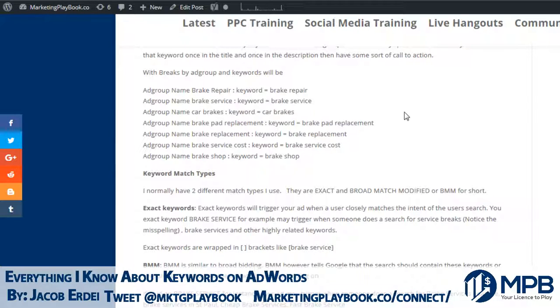So I myself use Speed PPC. Yes, it costs like $150 a month or something like that, but as somebody who builds a lot of campaigns, it definitely saves me time, and there's nothing wrong with signing up for the service, building your campaign, and then canceling the service, because it is built more for agencies. So that's a nice way of quickly building out all these ad groups with all the keywords in there, and then taking those ad groups, importing them to AdWords Editor, and then manually changing each and every ad copy out,